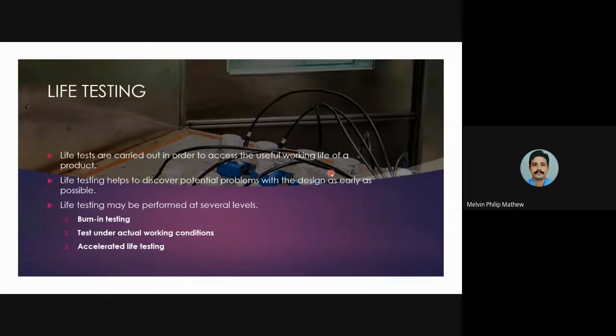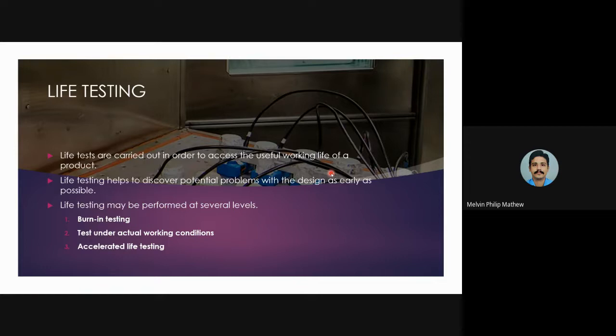Okay, we know the keyboards of a laptop or a computer, and they will run various operations. So one operation may be the typing of the keys. So they may say that after 10,000 cycles, or after 50,000 cycles of using the keyboard, it can fail. So that is done under time operations. That is known as life testing.